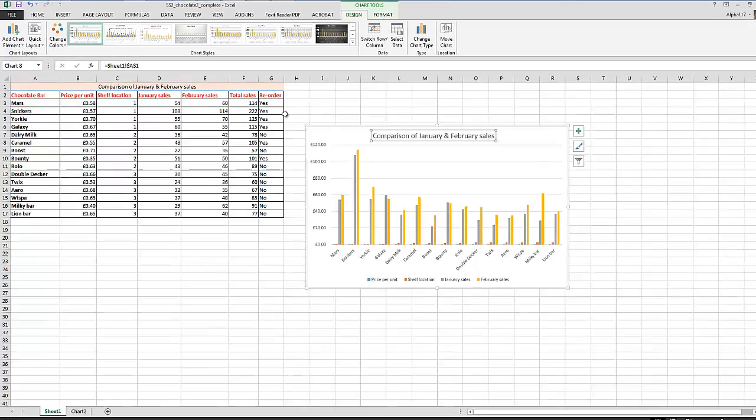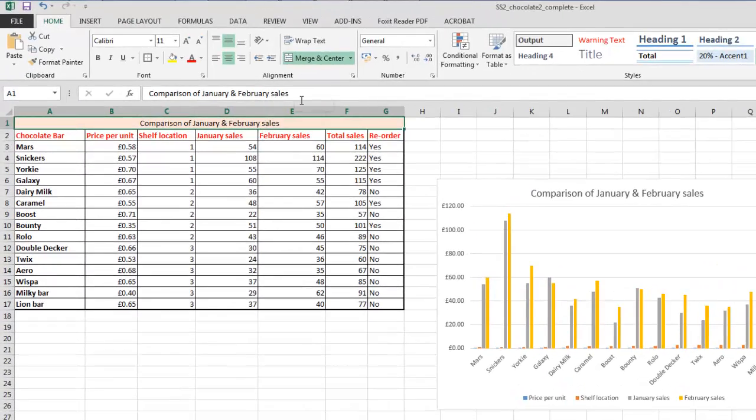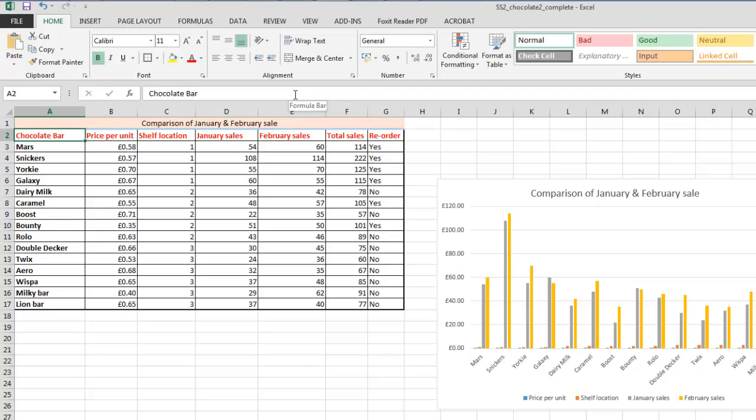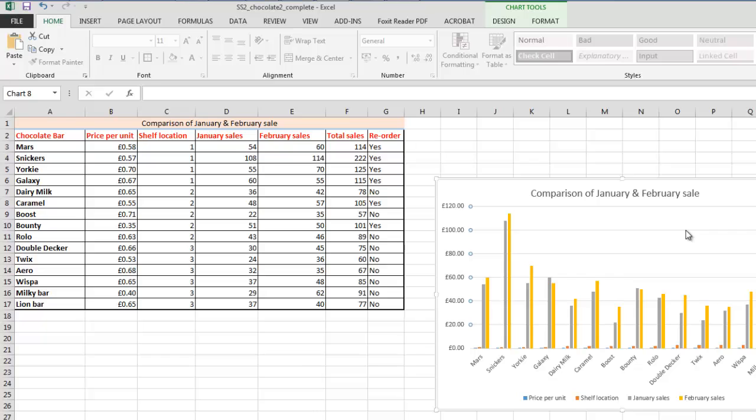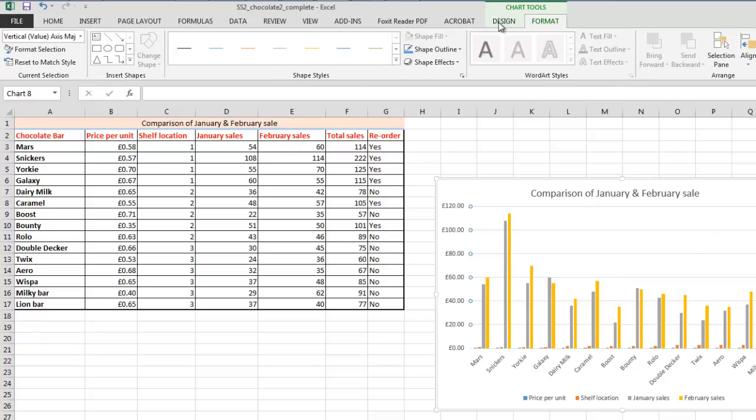The beauty of this one is that if I change the title here, it will change the title within the chart, so we haven't got to worry about how our chart title is going to be affected if we change the title on our data list. Okay, if we click our chart again, come back to the Format tab, and there's